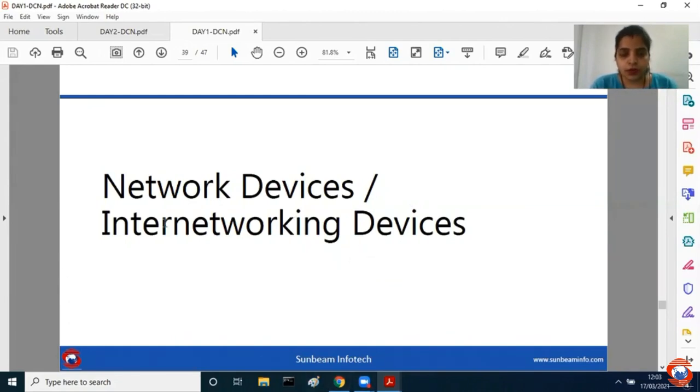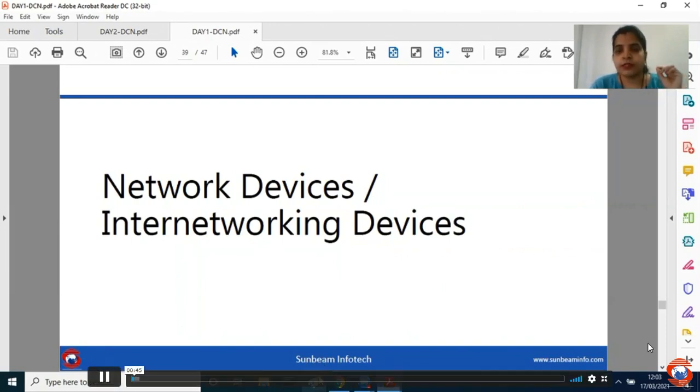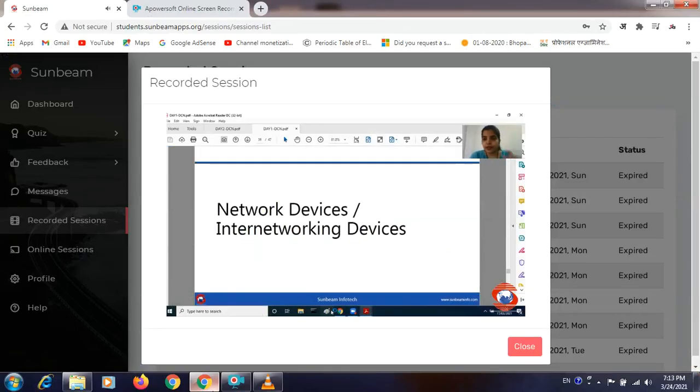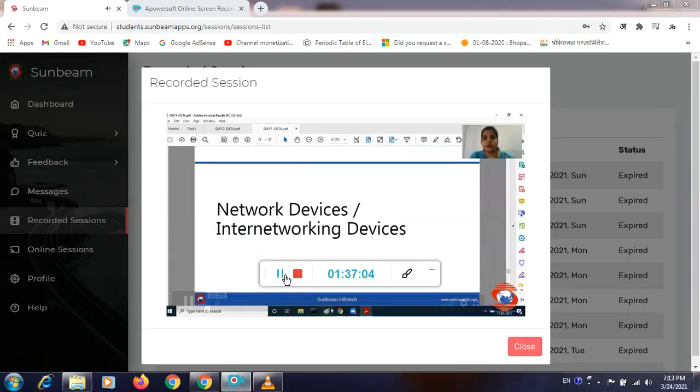For example, when you wish to talk about a networking device, assume I have a SIM card, and I have a proper balance in that SIM card. Also, I have taken a proper card from some service provider. But if I do not have a mobile device, then I will not be able